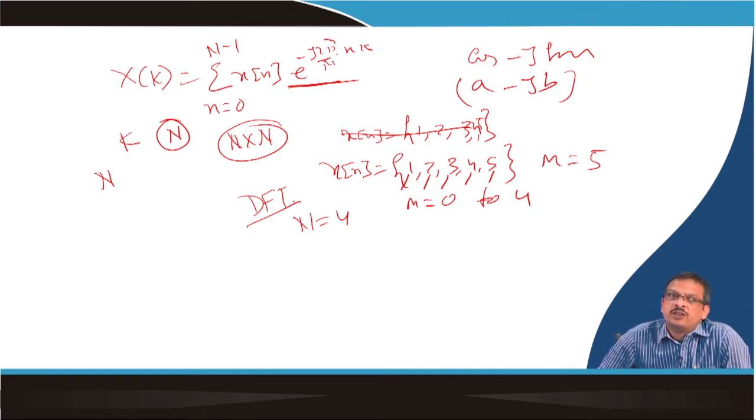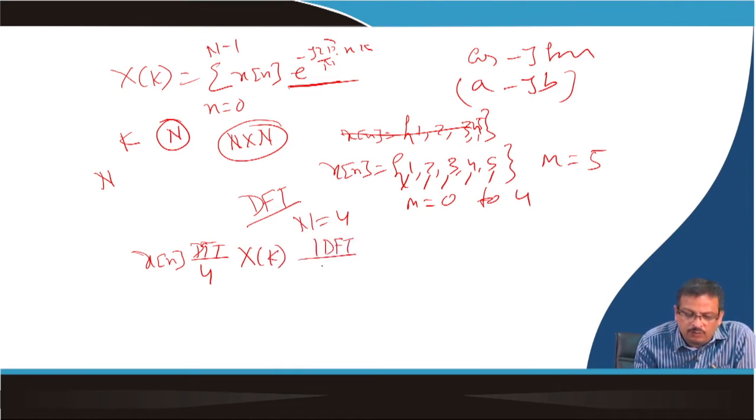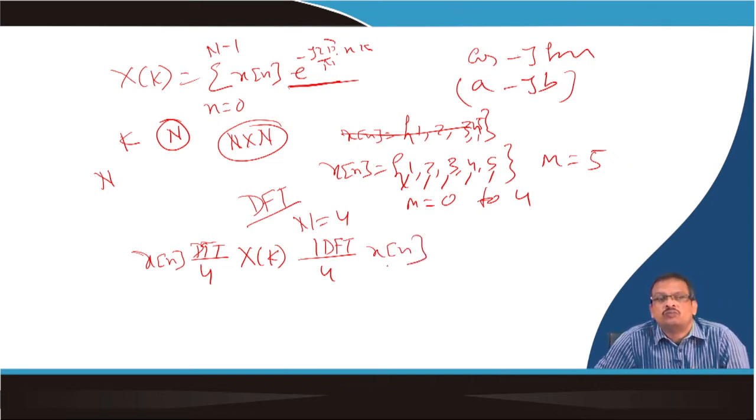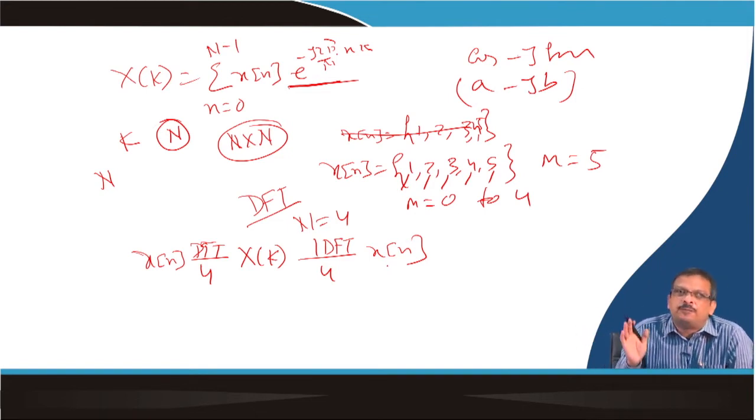Suppose I apply a 4-point DFT to x[n] and get X[k], then I apply a 4-point IDFT. Can I get back x[n]? No, I cannot get back x[n]. Then I have to consider it part by part. So two parts I can do, and I will discuss that during the long signal DFT calculation. That is called STFT, short-term Fourier transform, which we will discuss later on.